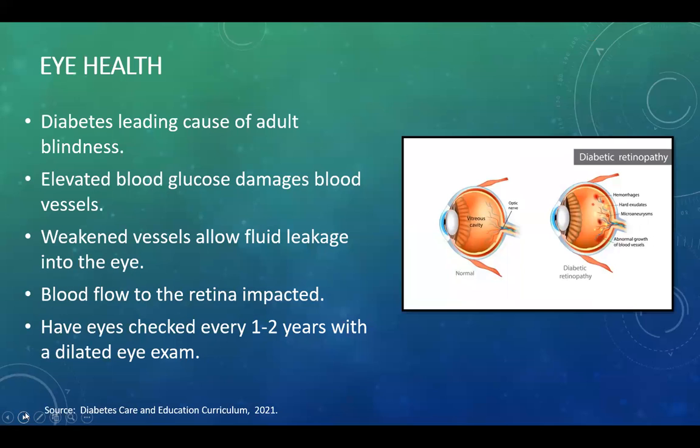All right, so there are other areas of the body that we screen for diabetes care. The other one that I think is often overlooked are the eyes. So if you're seeing a general practitioner for your diabetes, it's important that you remind them to get that referral or self-refer to an ophthalmologist for a routine eye exam. What this eye exam is going to do is examine the back of your eye, the retina, to see if